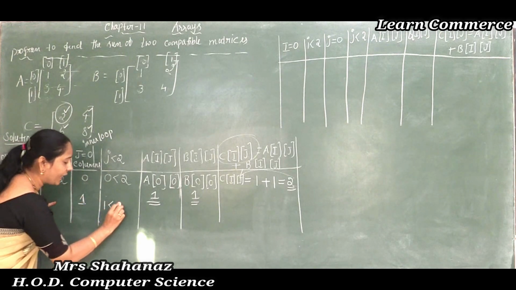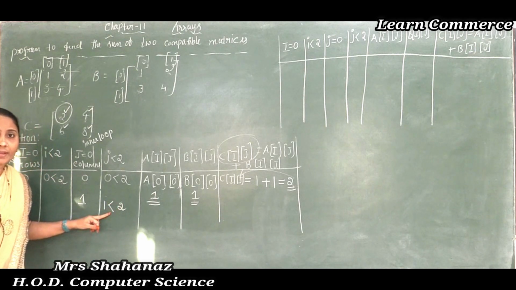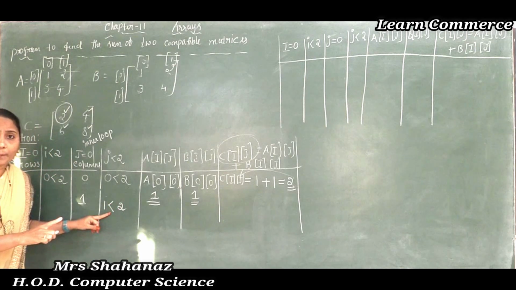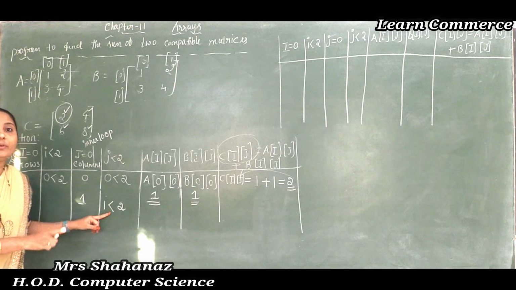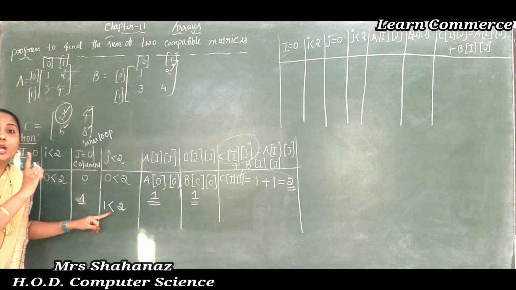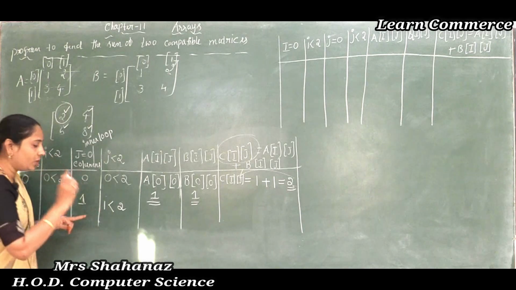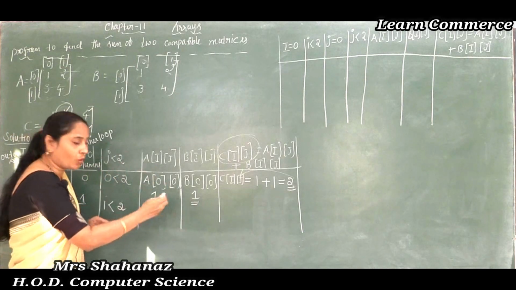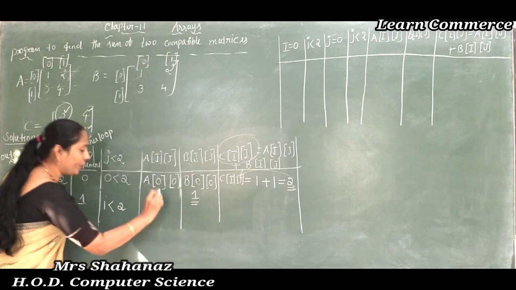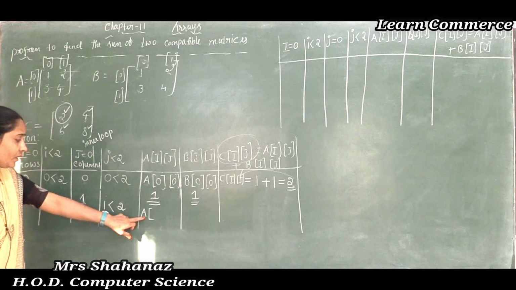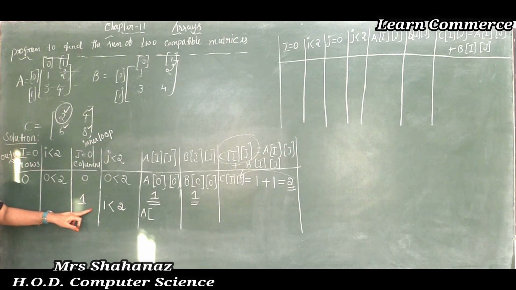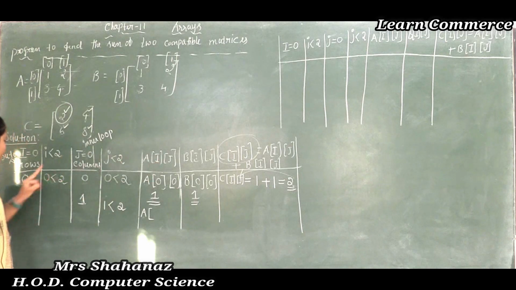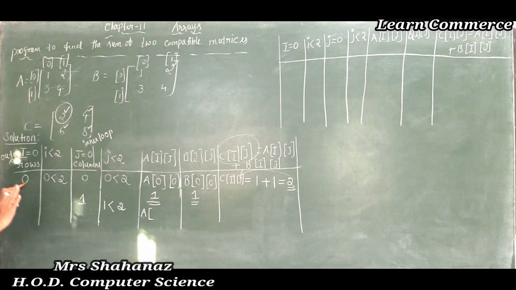Now 1 less than 2, okay? The condition is satisfying. The 1 value is less when you compare with the 2 here. Yes, the 1 value is less when you compare with the 2 in this case. Correct, note here? So later next one, now that means the condition is satisfying. We need to move to the next column. Now when you are going to check the value, what about the I value? There is no increment, it stays as it is, whatever the value was at the first starting step. The value of I is as it is, there are no changes.